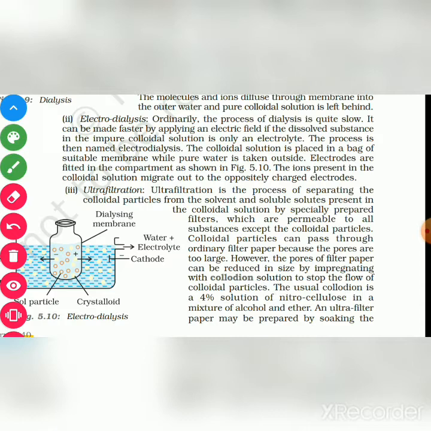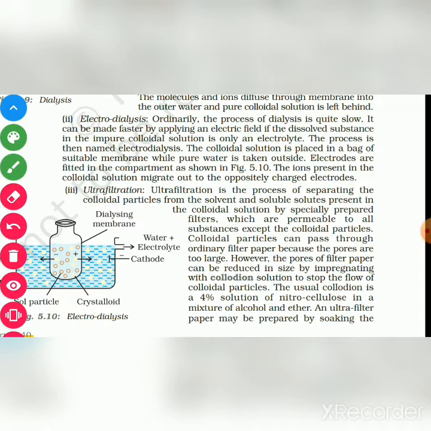Now, ultrafiltration. Ultrafiltration is the process of separating colloidal particles from the solvent and soluble solutes present in the colloidal solution by specially prepared filters, which are permeable to all substances except the colloidal particles. Colloidal particles can pass through ordinary filter paper because the pores are too large. However, the pores of filter paper can be reduced in size by impregnating it with collodion to stop the flow